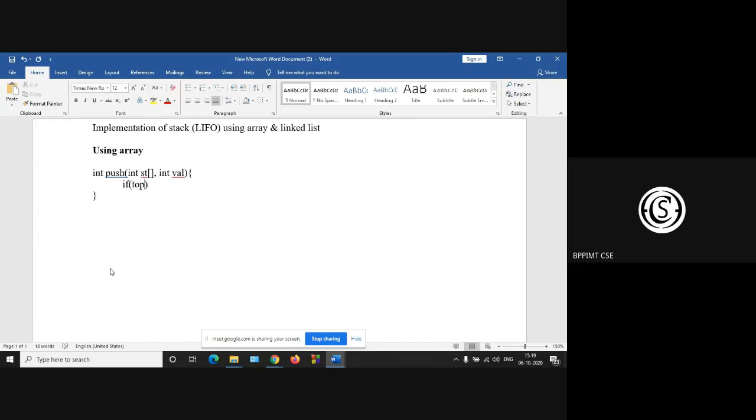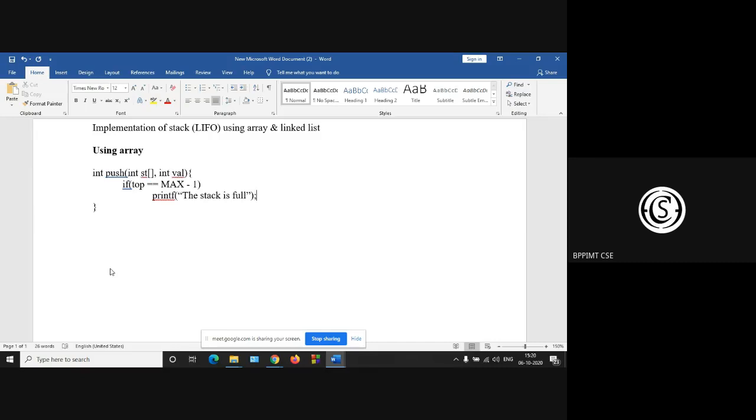So if your stack is almost full, that is top equals max minus 1, you have to write printf and give a message that the stack is full.